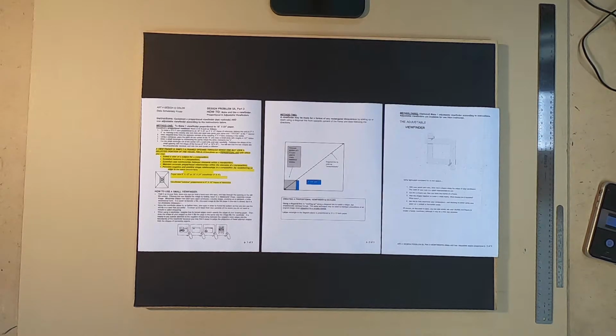The first example shows a proportional viewfinder for a paper that is 9 by 12 or 18 by 24, and it makes a 3-inch by 4-inch viewfinder. That viewfinder is for your larger sheet of paper, which we'll use later. The viewfinder window is proportional to the frame,